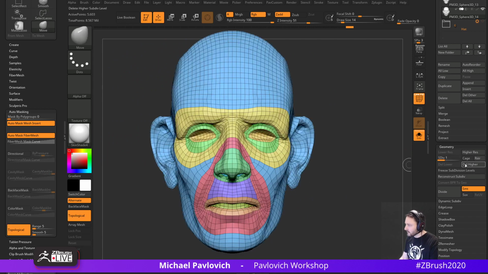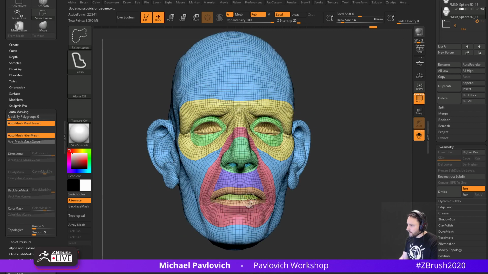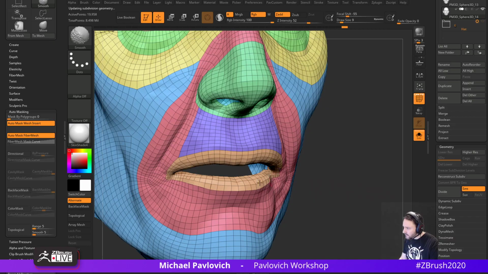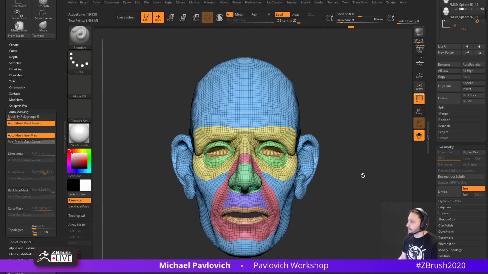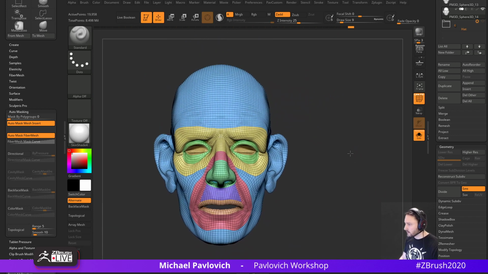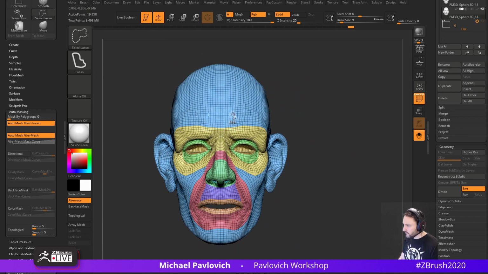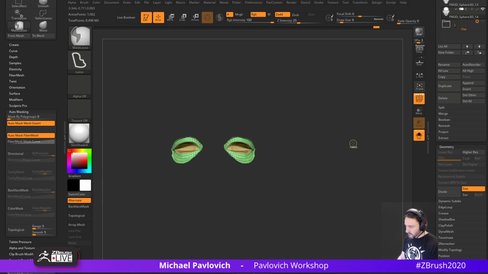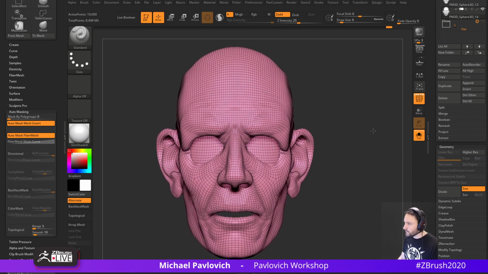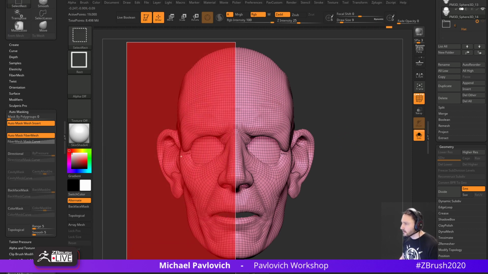Well, let's go up one subdivision level. I'm trying to get just enough geometry here. So we'll get rid of the mouth bag, delete hidden. Let's go ahead and relax some of these verts in the corner there. And let's hit Control Shift, because I want to leave these eyelids and these eye holes here alone. That looks good. We'll go ahead and keep that for resurfacing purposes. So we'll hit Control W, and then Control Shift and Alt, and we'll go ahead and